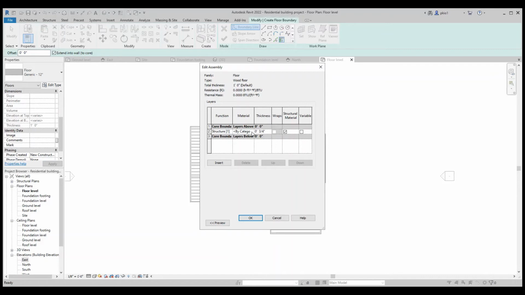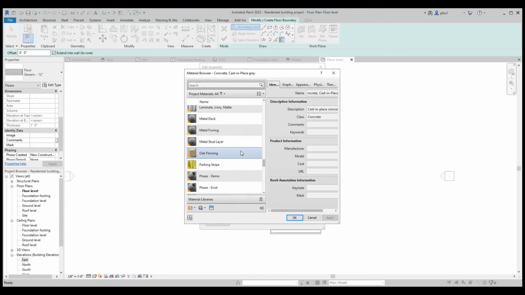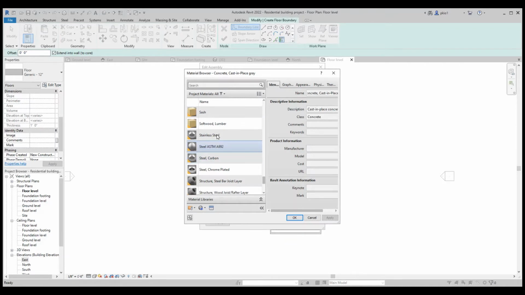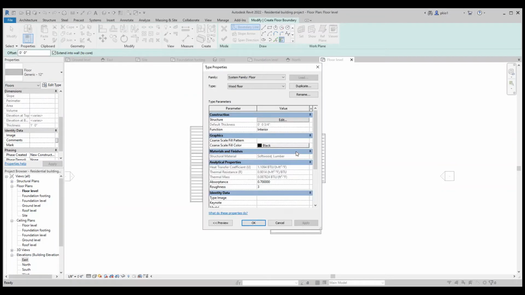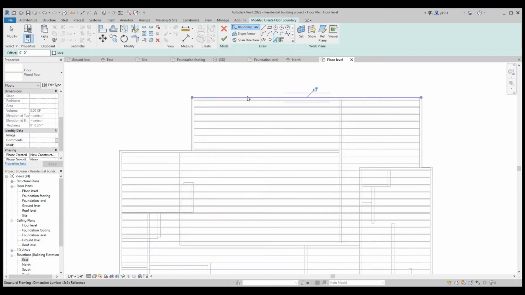And for this category, come here to select the material. We have oak flooring, we have softwood lumber. So let's select softwood lumber and say okay. Thereafter, we come and select the boundaries of the floor.